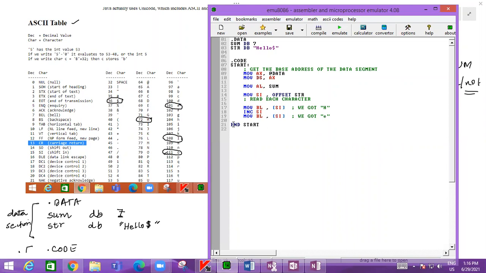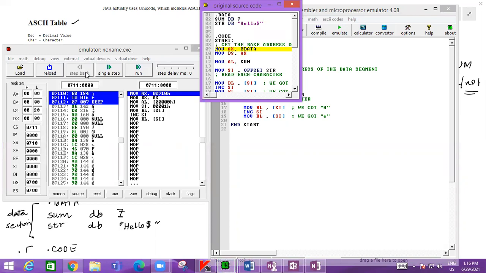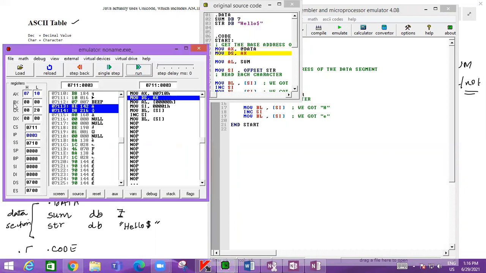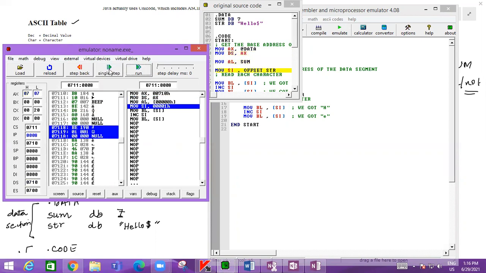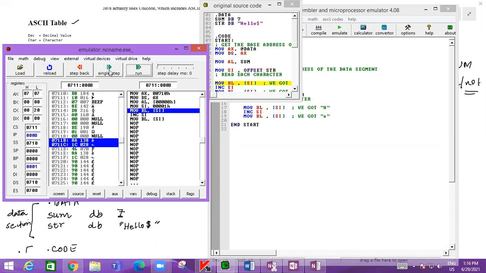So this we have to do for how many times? How many characters are there? So many times we have to do it, right? So first time we have to observe we are loading it into BL. So let us say single step. Now we will get 48 here.